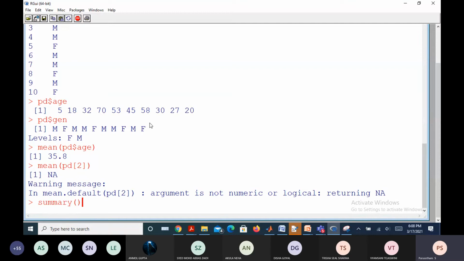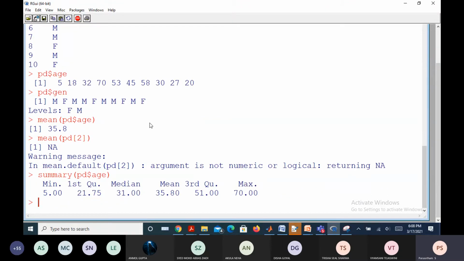Summary of the patient data table, in that particular variable, age, isn't it? Now it is giving us the minimum age, maximum age, average age of the patients, and quartiles information. All this information is provided to us, isn't it?